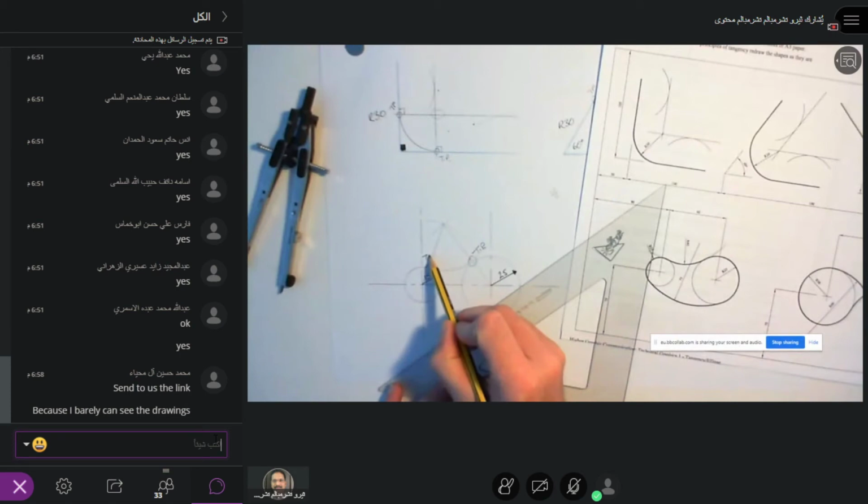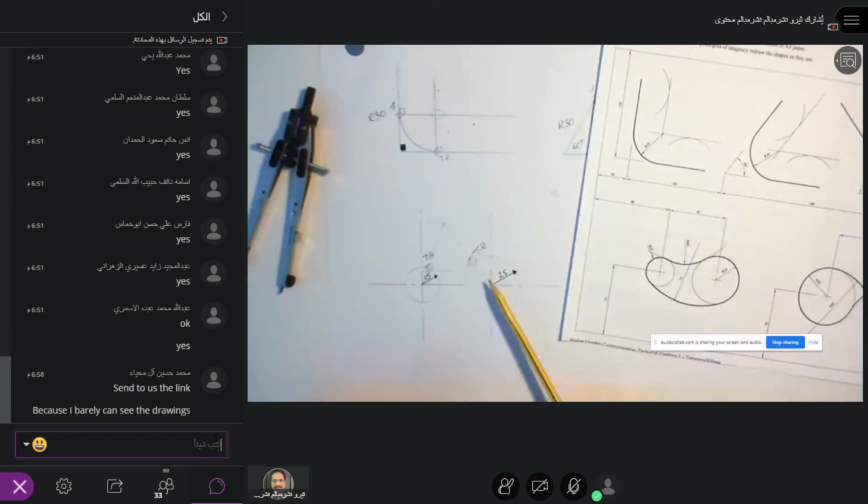So what I did with this one is I added on the small radii here, and then I added them to the radius that had been given for the tangent curve. So in this case, that point there is 65 away from the compass point, and this one is 55. I'm now going to do the bottom. It's a similar way of thinking, but you just have to think about it in a different way.